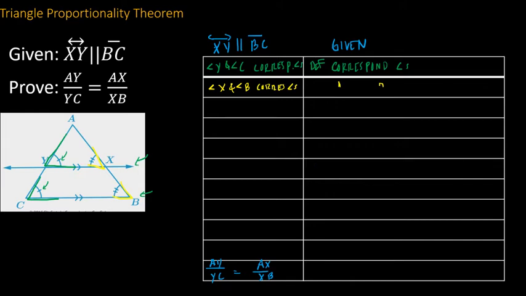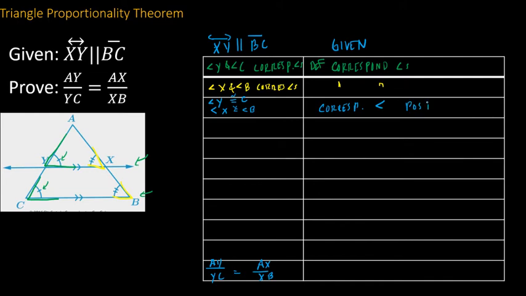So what good does that do me? What good does knowing that those are corresponding angles do me? What can I claim next? Well, I can claim that they are congruent, right? I can claim that angle Y is congruent to angle C, and I can claim that angle X is congruent to angle B because of my corresponding